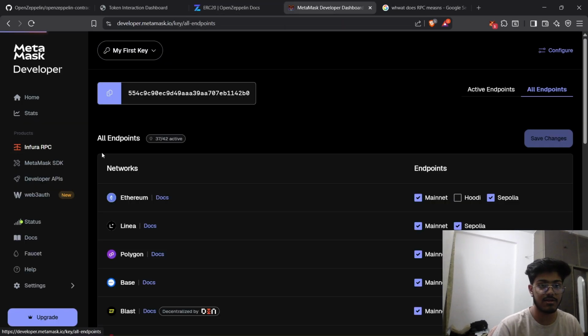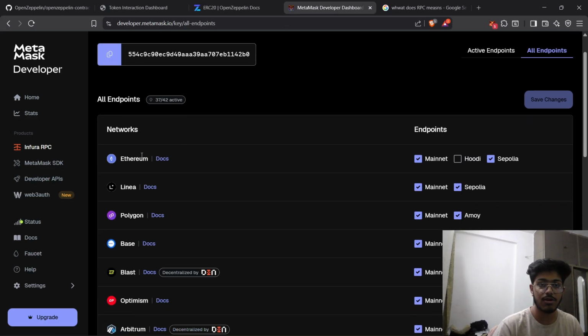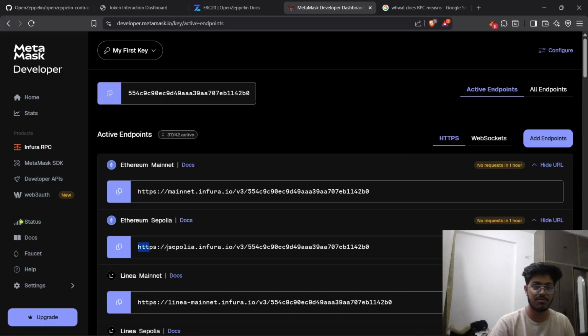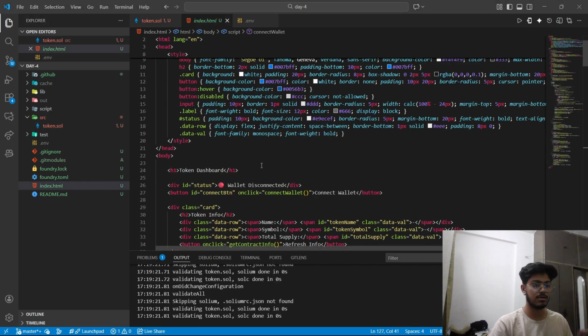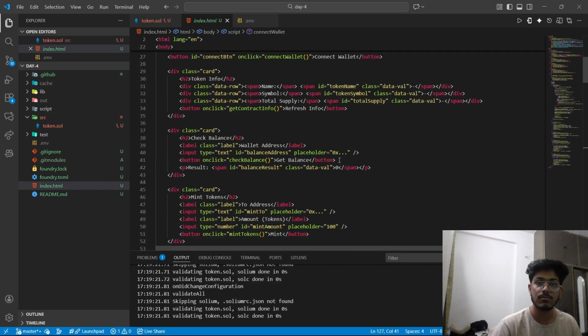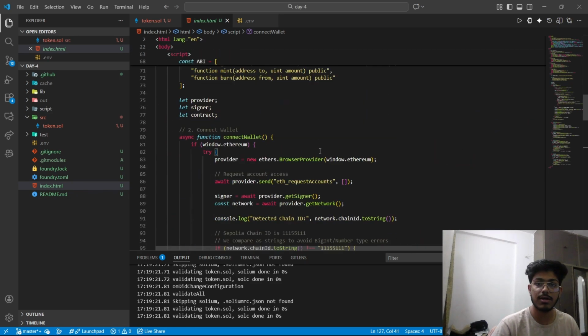So yeah, in Infura RPC you can come and you can get your own endpoint for whatever network you are trying to make. I'm here trying to make an Ethereum Sepolia testnet. So yeah, I'll just check this, and it will show in your active endpoints, and this will give you an endpoint that you can hit. Okay, that you can hit and use in your front end. That's what I learned. Okay, you can then hit that